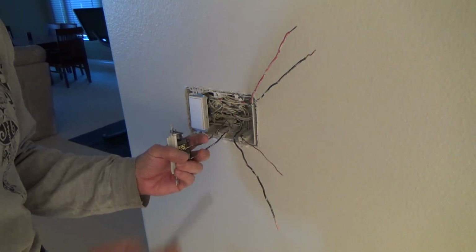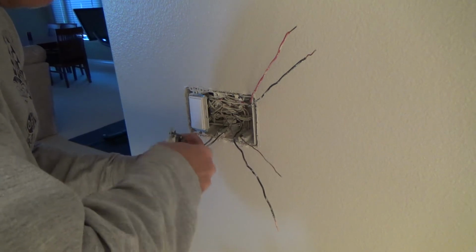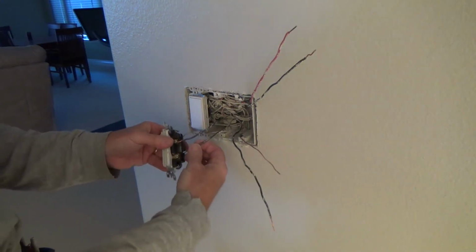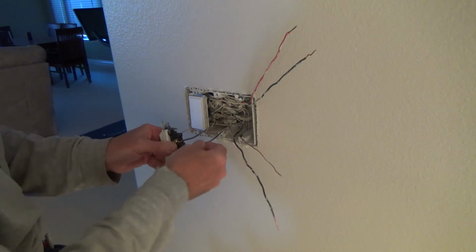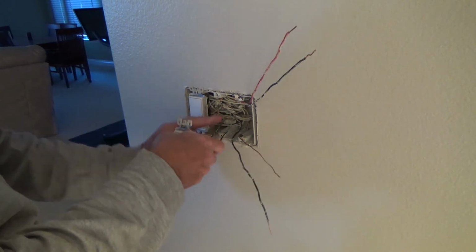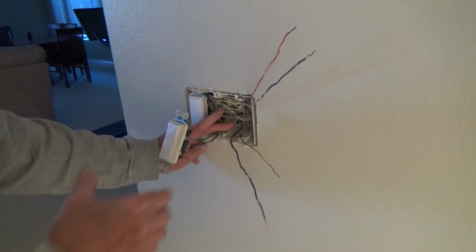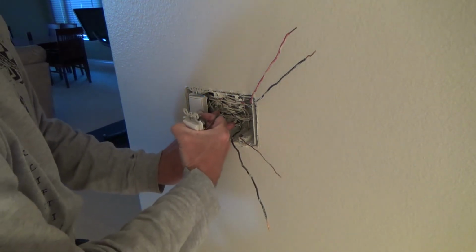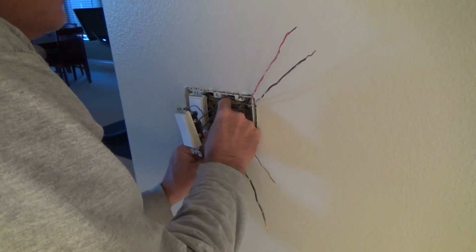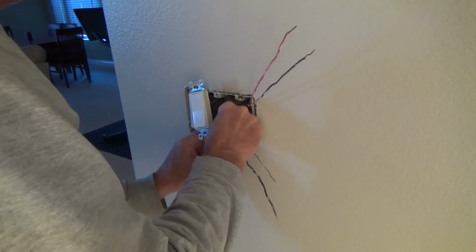Now I can tighten that screw up. That's never coming off. Okay, like that. And I could have done that on this bottom one, but that one's holding nice and tight. Okay, so I'm going to leave that one. Okay, so now I can put this one back in. I hold my fingers back in here like that, and then bend this section up so it kind of does whoosh, like that, and then I can kind of rearrange these wires, kind of push them back in there